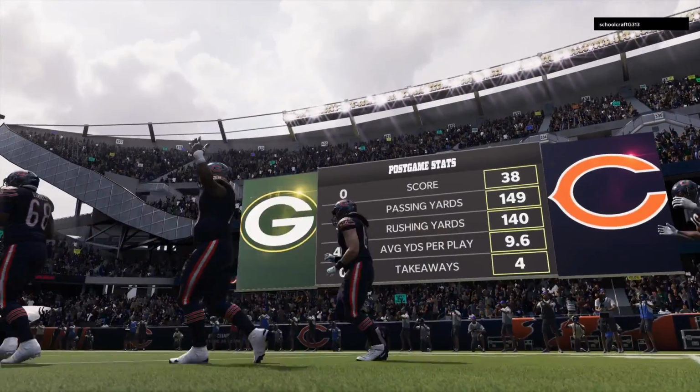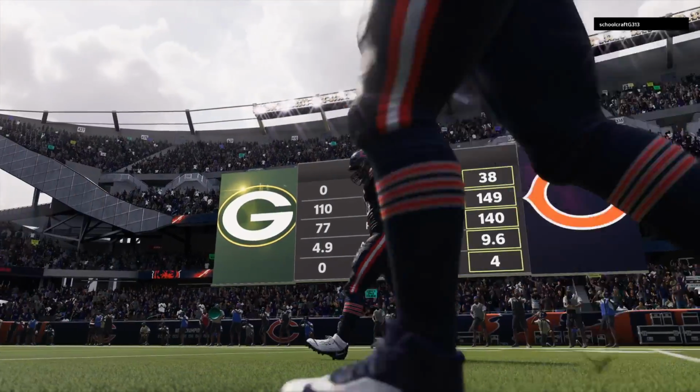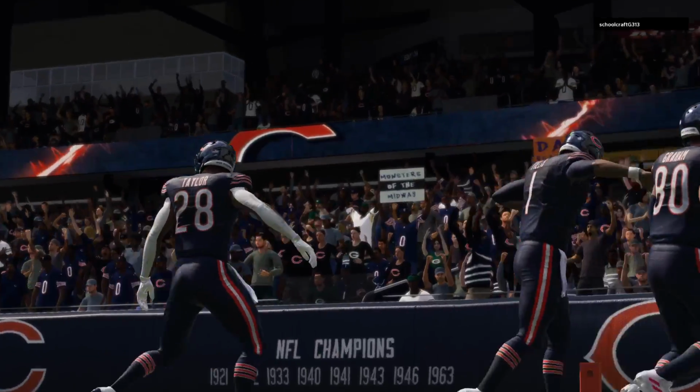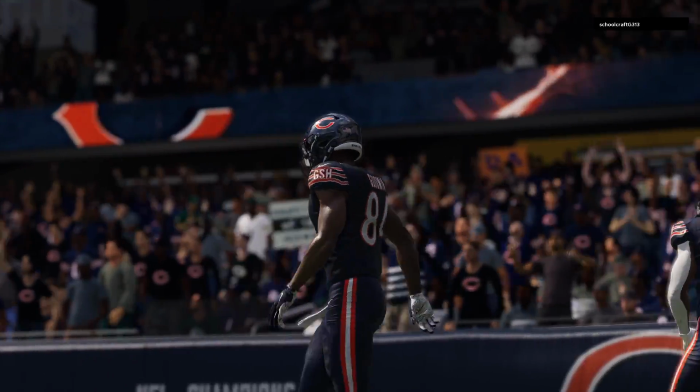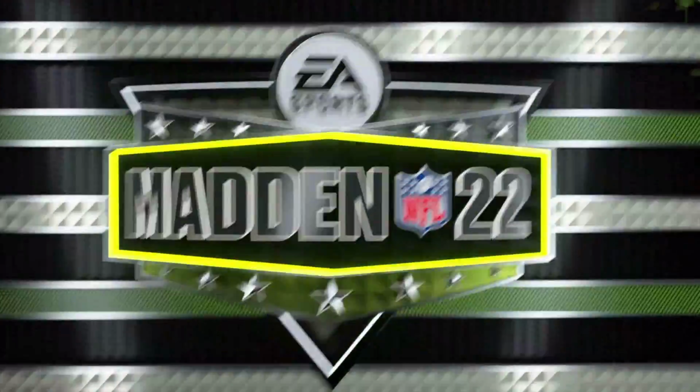And that helped out their defense. Didn't have to be out there the entire time. So when you do that and you're out there fresh, playing with a little extra spring in your step, it showed up in this one. They had a ton of spring in their step. Impressive victory. So for the Bears, their strong start to the